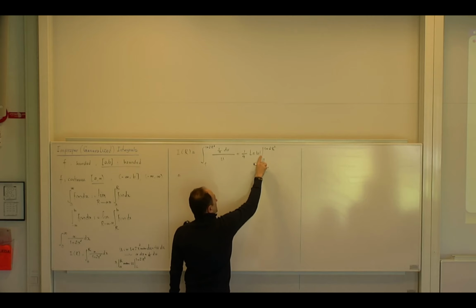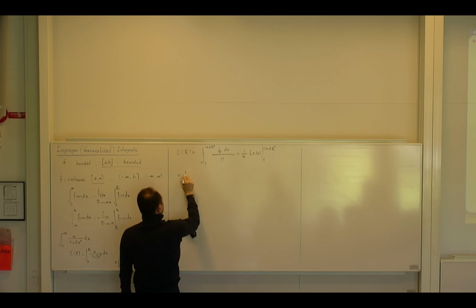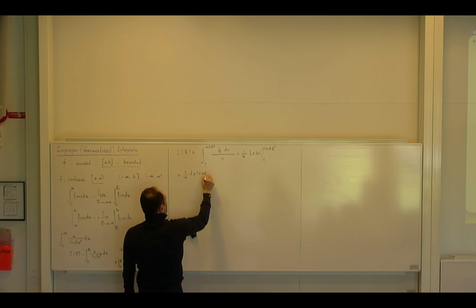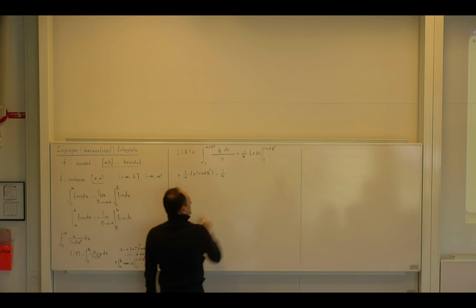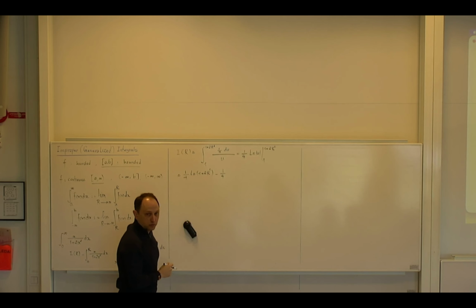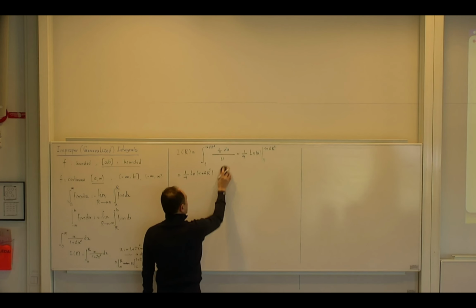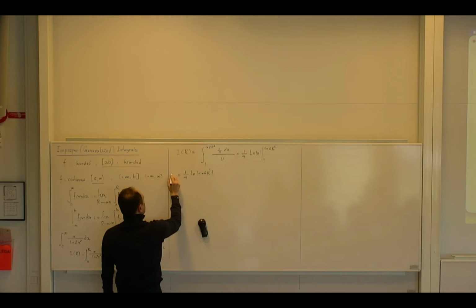But do I need absolute value? No, because 1 plus 2r squared is definitely positive, so I don't need to emphasize on that. So I just replace it with a pair of brackets. And then minus 1/4. I replace u. By the way, we don't need to write it because ln of 1 is what? 0. So let us just skip it. Okay, so this means this is your I r.